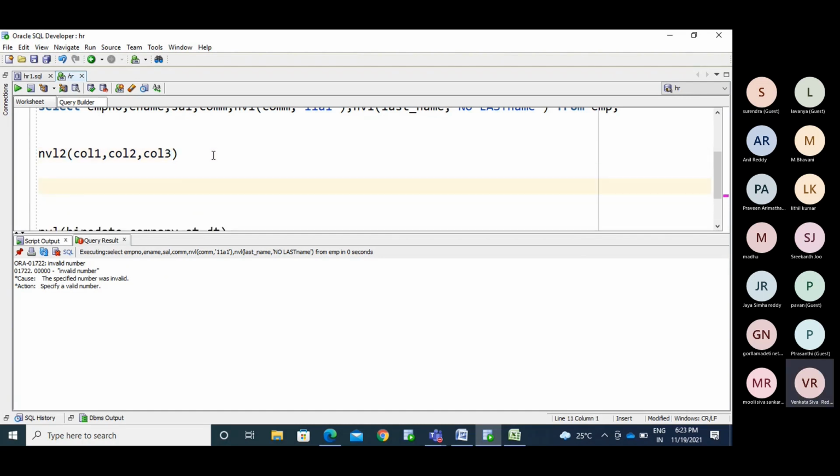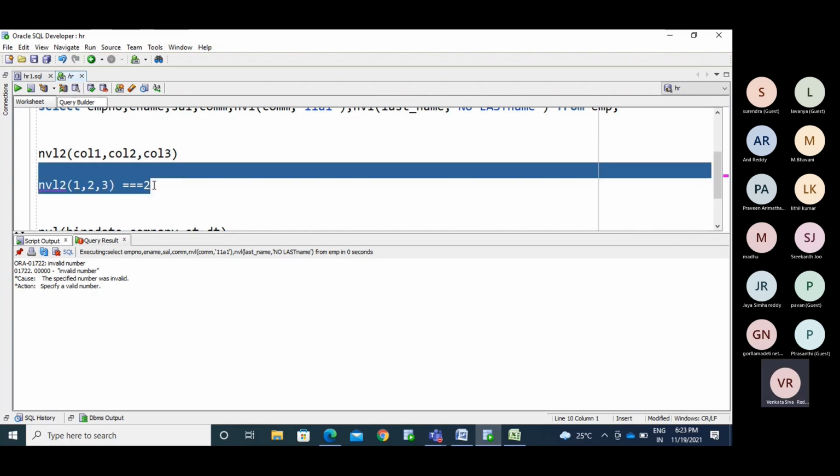See, NVL2 of 1, comma 2, comma 3. So now column 1 is having 1 as the value. You will get the 2 here.